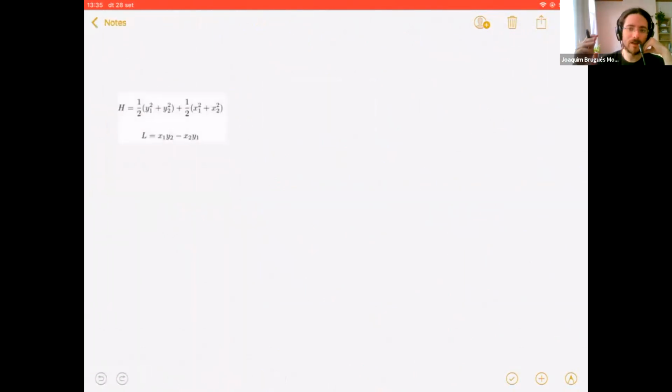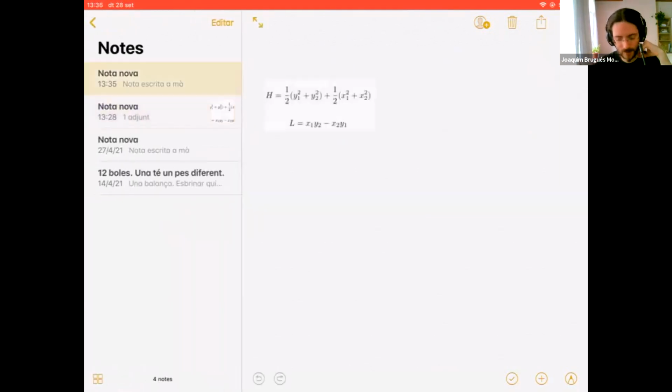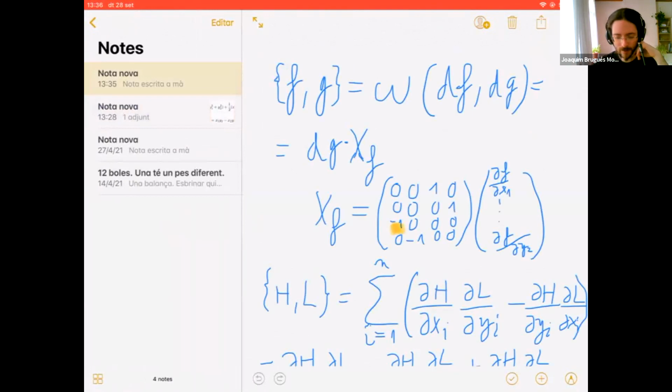So partial of h with respect to x1 is x1, partial of h with respect to x2 is x2, partial of h with respect to y1 is y1, and partial of h with respect to y2 is y2. So this won't be a problem. And for the momentum, maybe we can come back from time to time. But basically, we are pairing the coordinate with the different coordinate with the different index. So if we come back here,